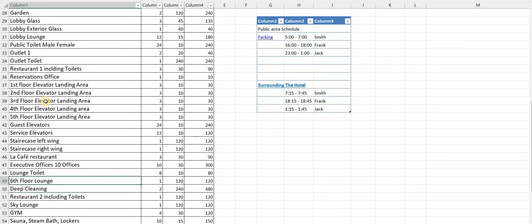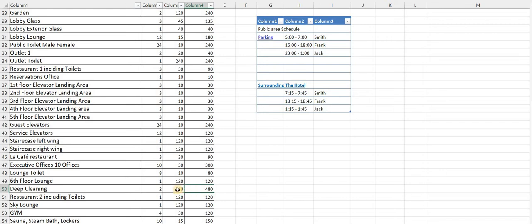6th floor lounge, deep cleaning. Deep cleaning, you have to do when you have low occupancy, and assign every day. We put here, for example, 240 minutes, 2 times, it means 480. It's almost one person's job to handle overnight deep cleaning. Deep cleaning can be marble polishing, or cleaning the back of the buffet,